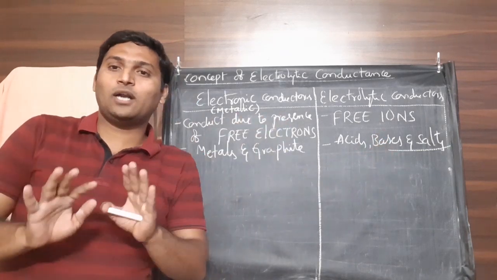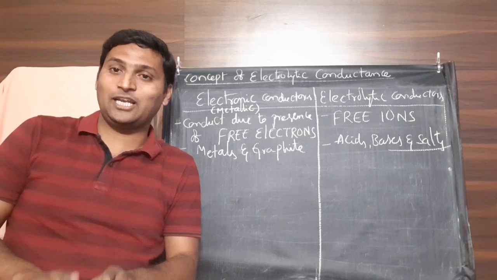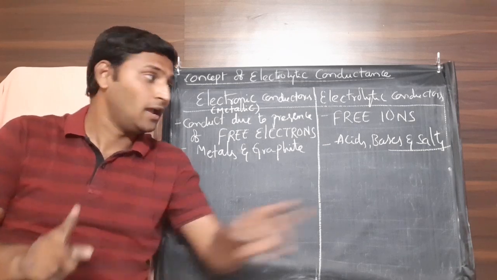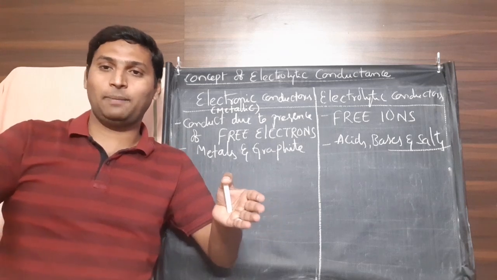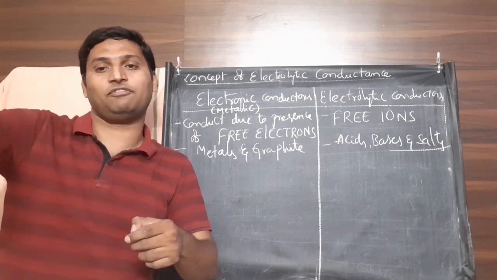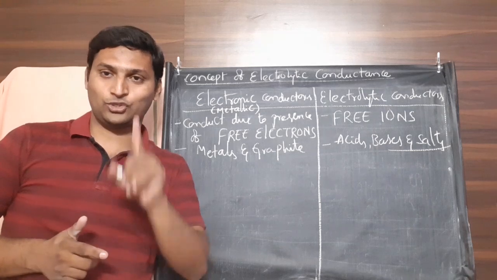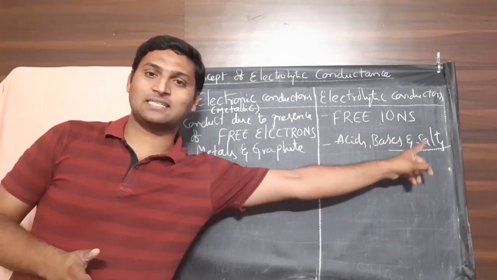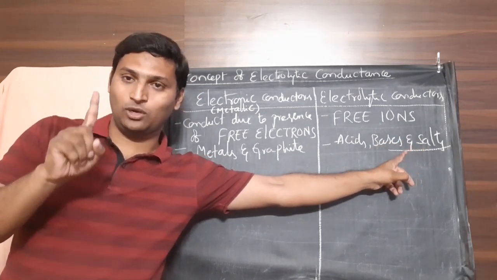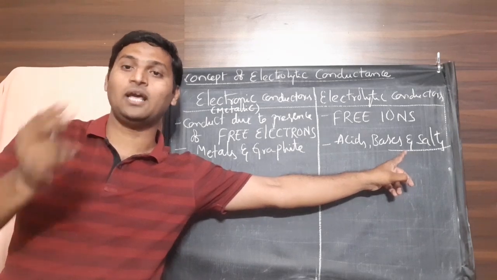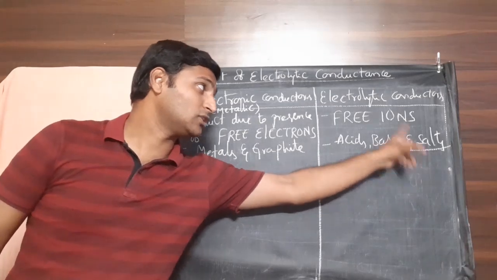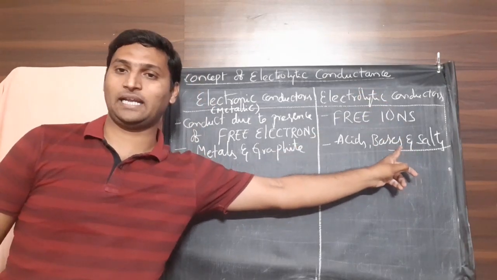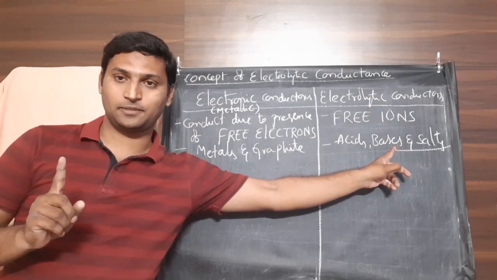Or I want it at room temperature only. Then you will not get it in their pure state, but you take them and dissolve in water. Water breaks the ions into independent particles so that ions will be free and start conducting. So bases and salts, either in their molten state above their melting point or at room temperature as their aqueous solutions, possess free ions, hence act as electrolytic conductors, not in their solid state.